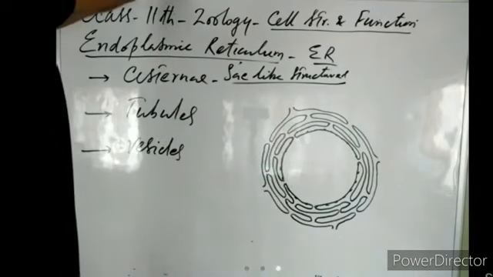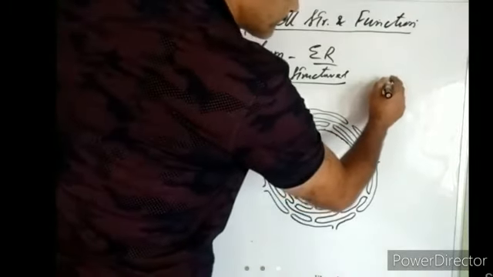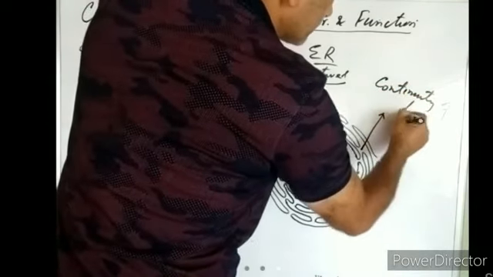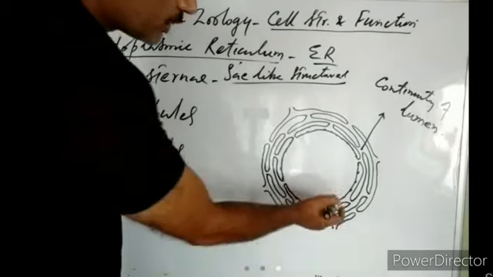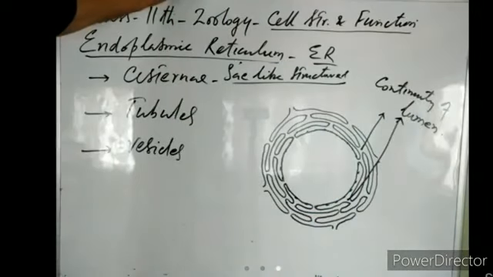They have got continuity of lumen. These cisternae are sac-like structures, and these sac-like structures are interconnected. So we say that they have got continuity of lumen. They are interconnected with each other, and they are also interconnected with the nuclear membrane. So they have got continuity of lumen with each other, and also with the